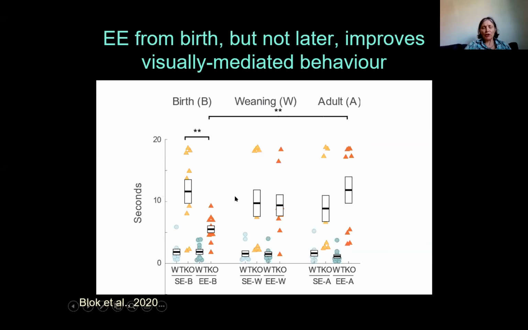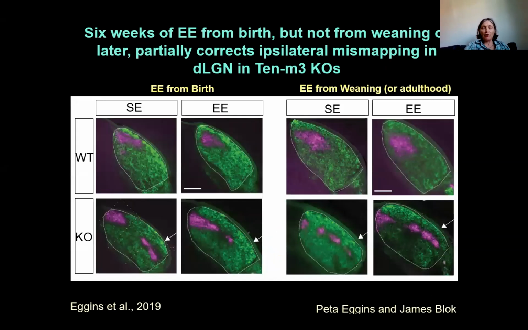So there was clearly an early time window of sensitivity when the circuit was able to respond to enrichment to improve the behavioural response to a visual stimulus. We had a look to see how this related to the anatomical changes, just to get a feel of where in the circuit it was occurring. And initially, to be honest, I thought it was likely to be happening up in the visual cortex. But what we actually found was that the change predominantly is occurring subcortically in the lateral geniculate nucleus,